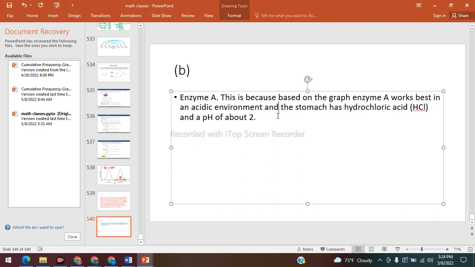And the stomach has hydrochloric acid, which makes that environment acidic. Thus,